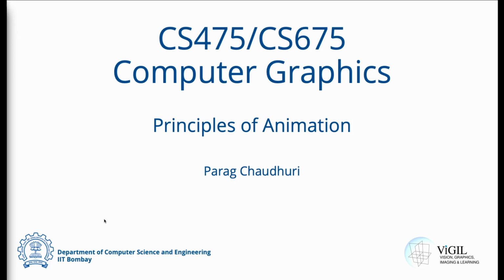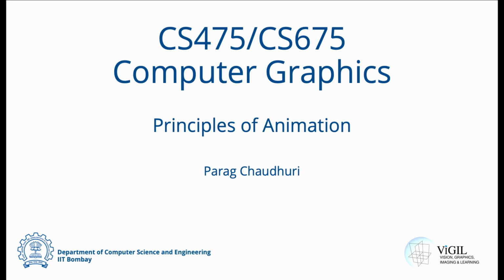Then we have looked at texture mapping as another component of rendering and how we use textures for various purposes to create effects like bump mapping and displacement mapping. And finally, as a conclusion to the computer graphics course, we are now at the topic of animation. Today we will talk about the principles of animation. These are more principles that govern the aesthetic look and the impact that the animation has on its audience.